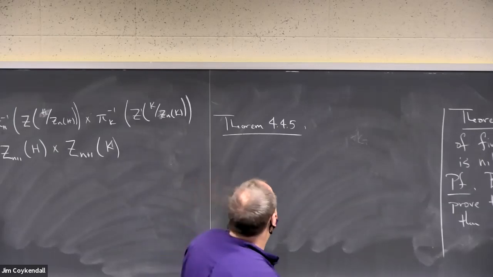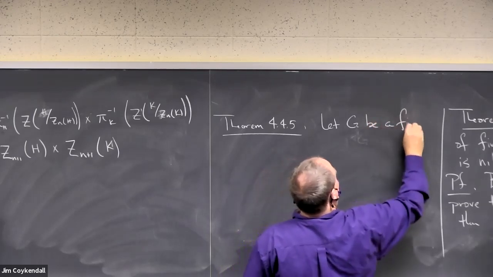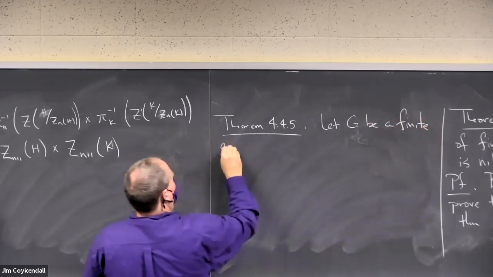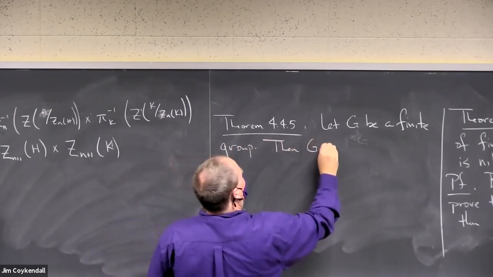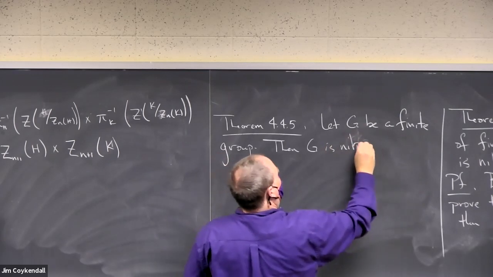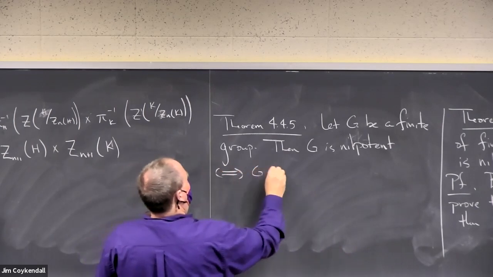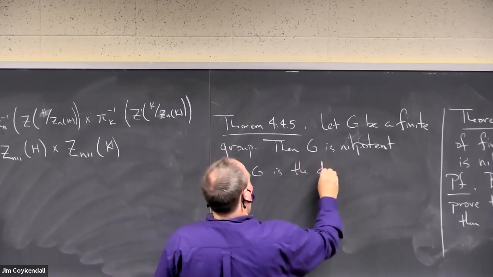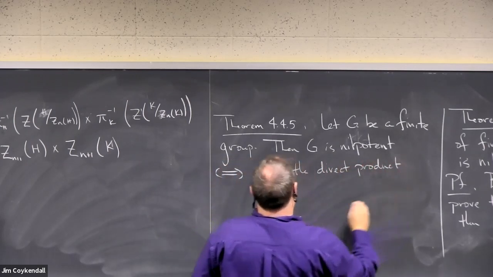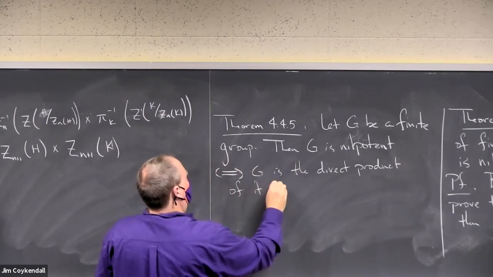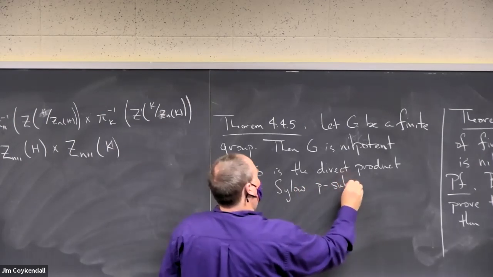If G is finite, G is nilpotent if and only if G is the direct product of